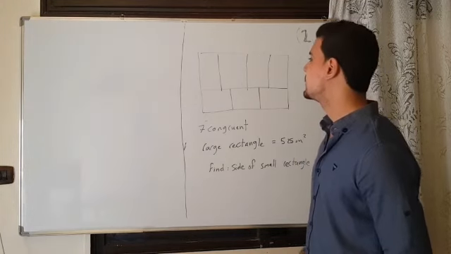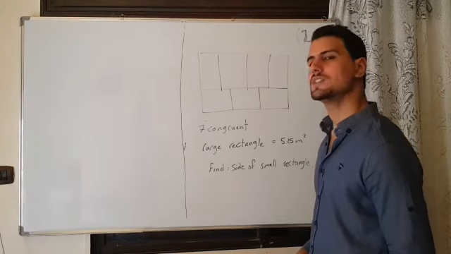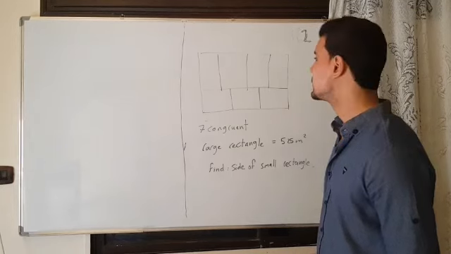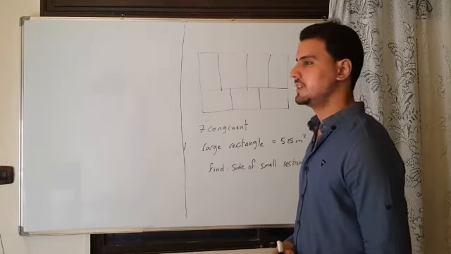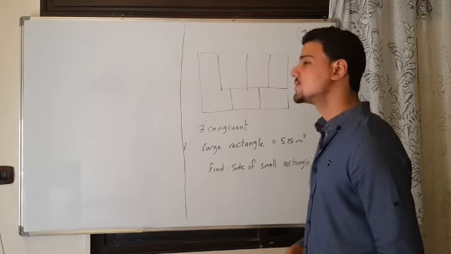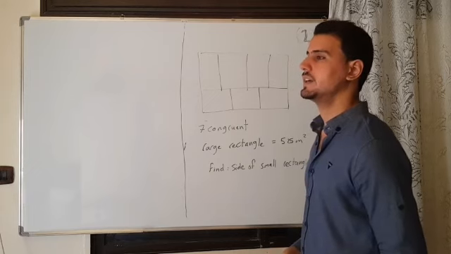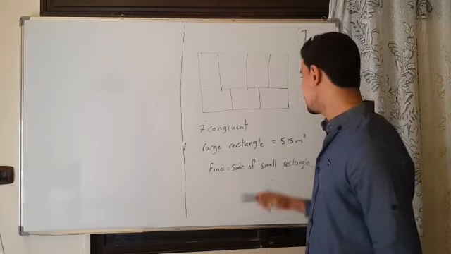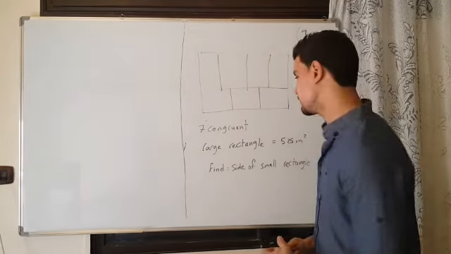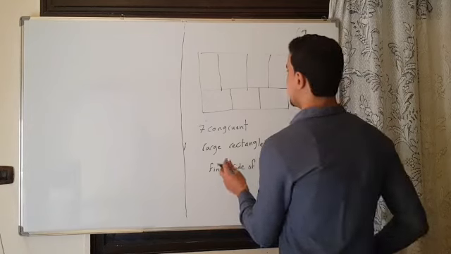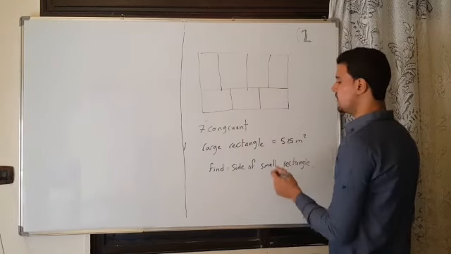So I think it's delightful. It's a wonderful problem as it looks. So what should we do at first? What's the first clue that comes to mind? Yep, this 525 must be divided by 7, which means that every small rectangle has an area of